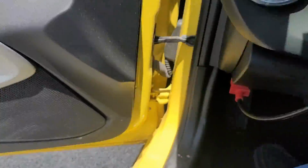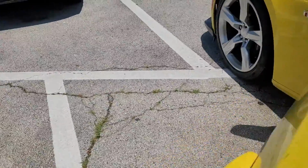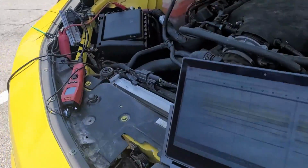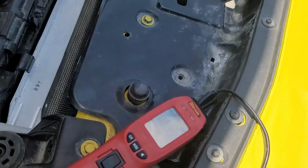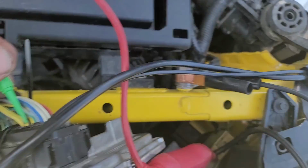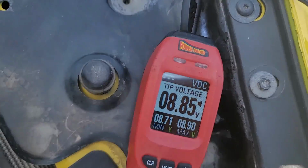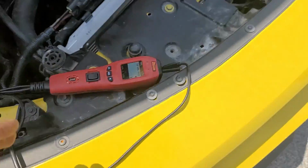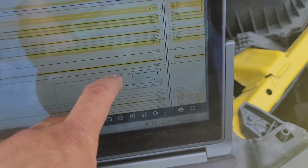Let's go put the key on. I want to share with you guys values, or probably start the vehicle. Start the vehicle. And we have 9 volts on the yellow green, yellow blue, pin number 8. We have 9 volts. So we confirmed that we have this transmission control module as providing 9 volts to the